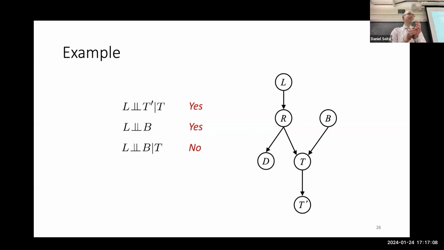Question? So, this one? Yeah. All right. So you have L, is that independent of T prime, given T? What happened there is you have L, B, T, and T prime. That's a causal chain. It goes from 1, 2, 3, 4. And the moment you observe one thing there, it blocks the path from any point in the chain. I think the confusing thing here is that you also have B coming in, so it seemed like B is part of it. So the way to think about this is,